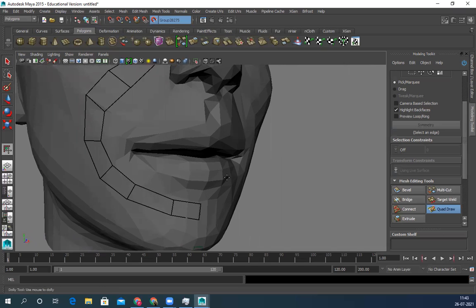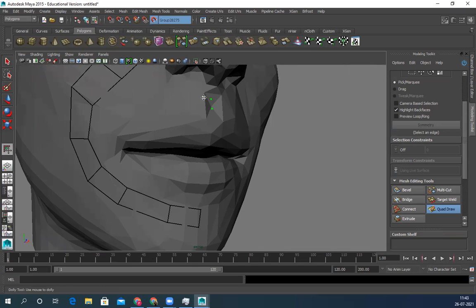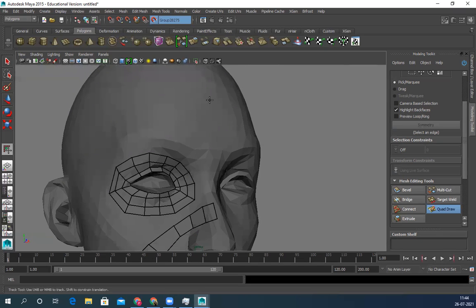Okay, this thing, and you can see it's pretty fast. It's not very difficult. So whenever you have these in-between lines, just create those things first.